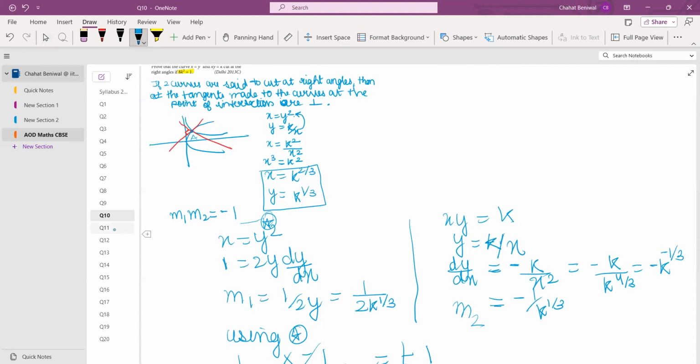So basically it was simple. We needed to keep in mind this property of two perpendicular lines, and then we are done. We just need to differentiate and then substitute. Let us move on to